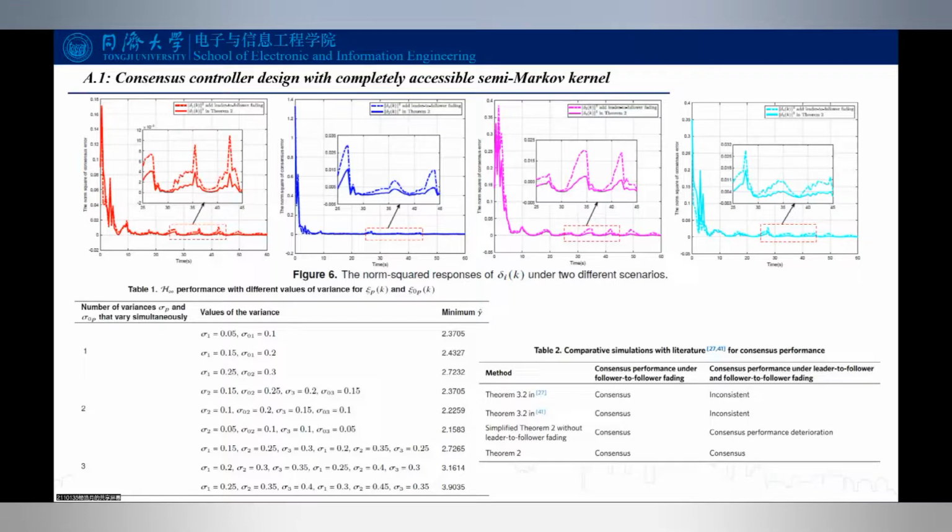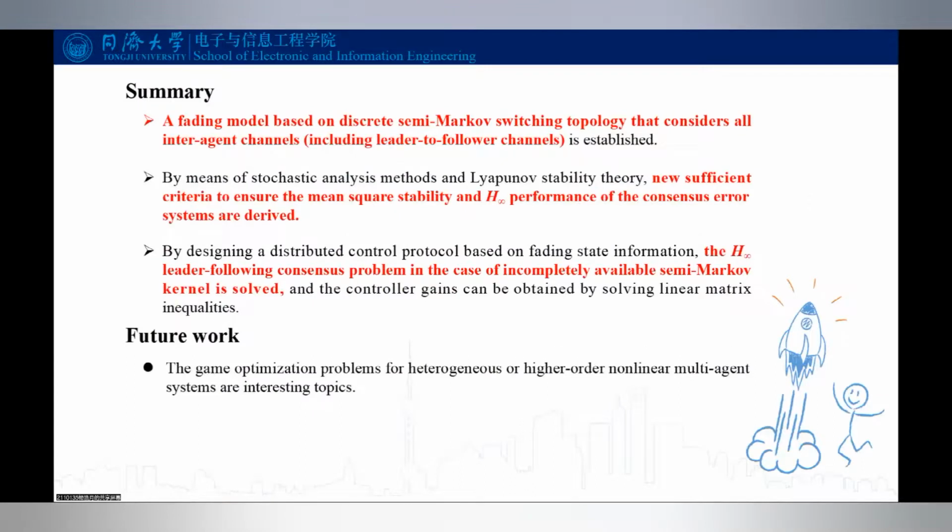And the last part is conclusion. The summary includes 3 points. First is establishing a fading model based on discrete semi-Markov switching topology. Second is deriving new sufficient criteria to ensure the mean square stability and H infinite performance. And the third one is solving the H infinite leader-following consensus problem in the case of incompletely available semi-Markov